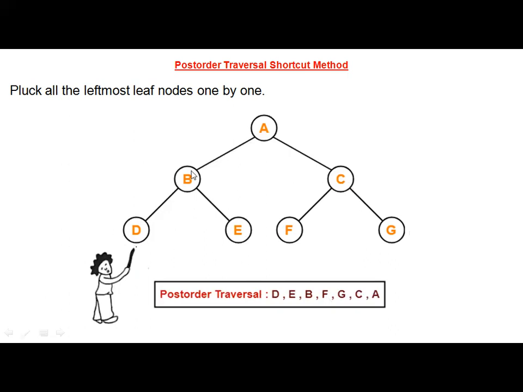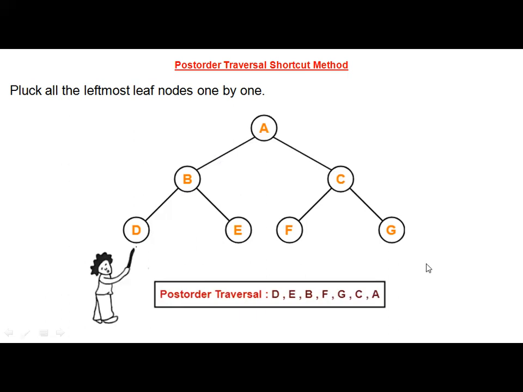These will become the leaf nodes. So first leftmost leaf node B, then next leaf node C. Oh, I'm sorry. You should complete the left side first, then go to the right side. On the left side you should make the left subtree empty. How will you make it empty? First you remove this node D, then you remove this E. When you remove this, B will become the left leaf node again. So then B. Okay, so this is over.